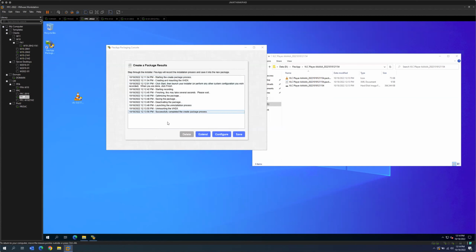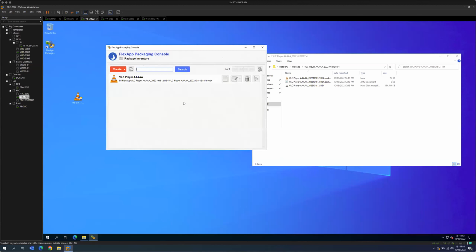So I'm here, I hit the finish button. I can choose to extend if I needed to add and install another piece. If I click on the configuration, I'll be in the package editor. If I accidentally left a shortcut or any various config files that I don't need in there that I'm going to deliver through other means, I can click on configure and I can actually trim those files out, and then I can create all kinds of fun things in Profile Unity to give me those files that I need to make the application function. But in this case, I'm happy with what the package looks like, so I'll hit